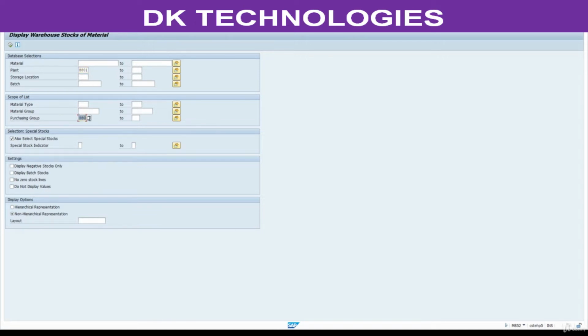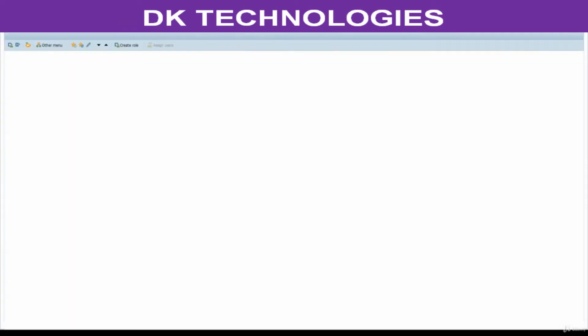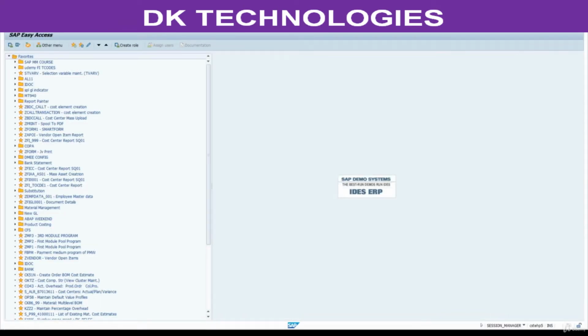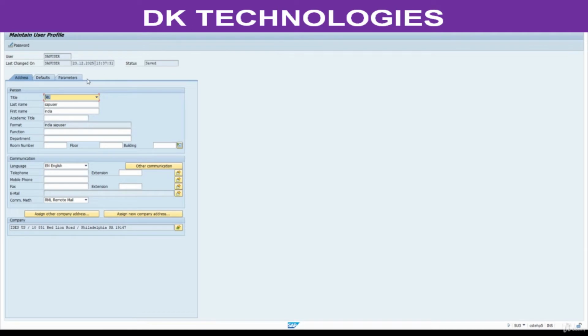So if you want to default these values, there is a T code called SU3. This is user based, applicable to the user only. For example, whatever the settings I am doing here, this is applicable to my user ID only.